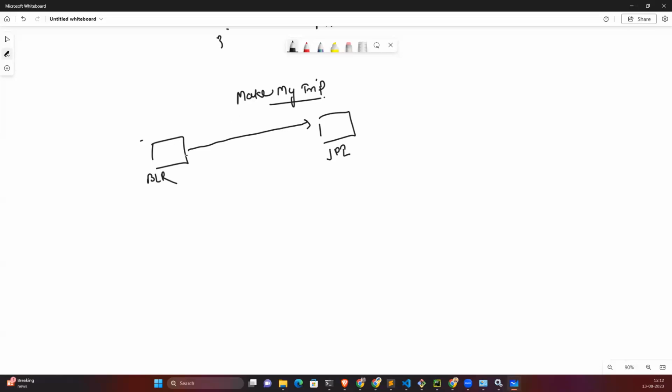What I will do is, inside a flight, there are multiple air services being provided. Like let's suppose number one, Air Asia, number two, Indigo, Vistara, fourth, Air Asia.